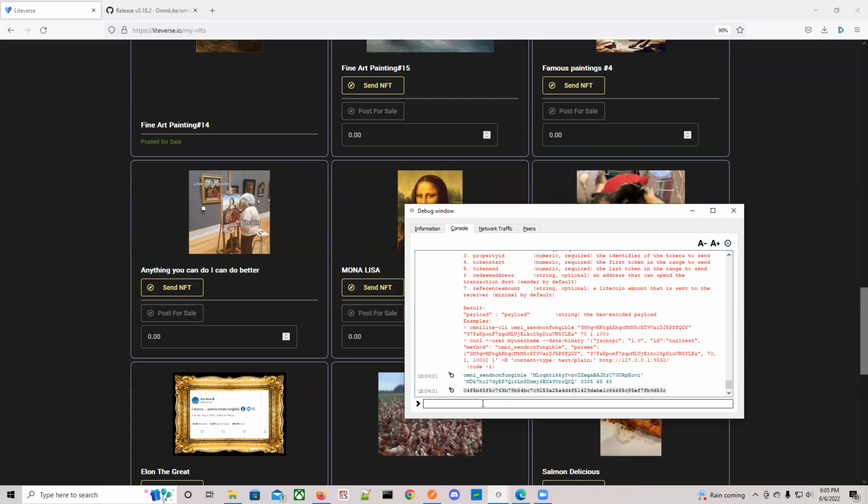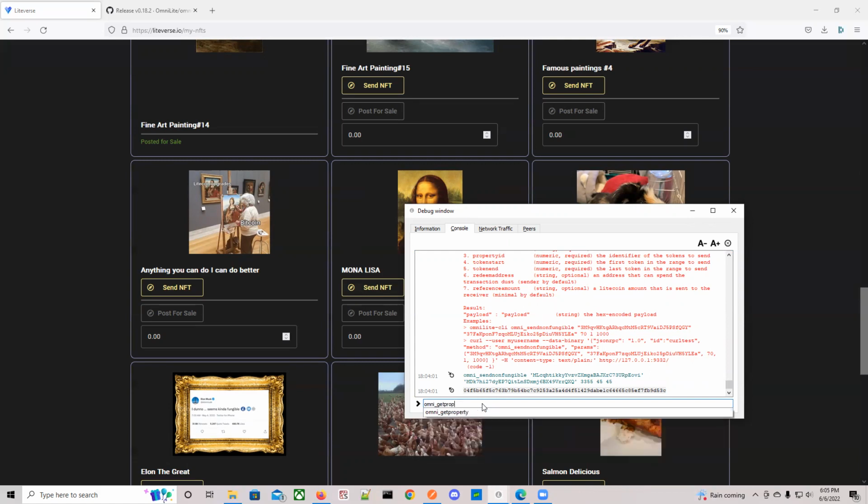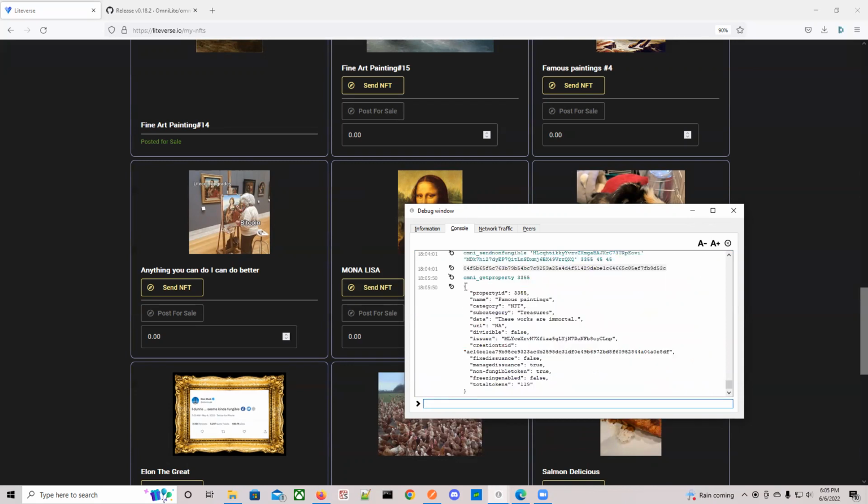So if I want to find out information about the whole collection, not just an NFT, I can run this command, omni get property 3355, and I'll show you the information about the collection. So here's the collection that contains the NFT I just sent. It's called Famous Paintings, Treasures, Immortal Artworks. All right. And then if I want to get information about all the NFTs within that collection, I can run